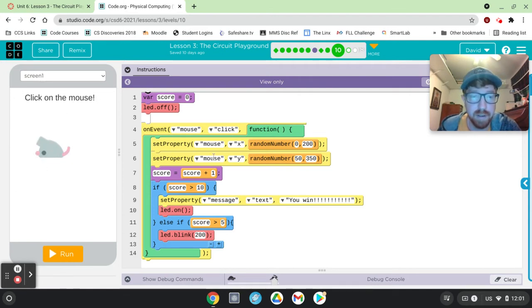Also, every time we click on the mouse, this score variable is tied to this. Score gets score plus 1. So every time we click on the mouse, the score is going to go up by 1 point. And then we have an if statement. This is also called a conditional. If the score is less than 10,